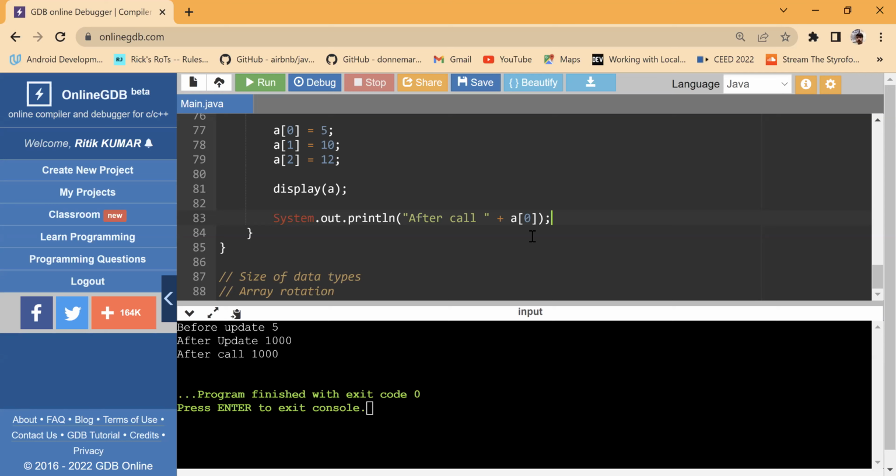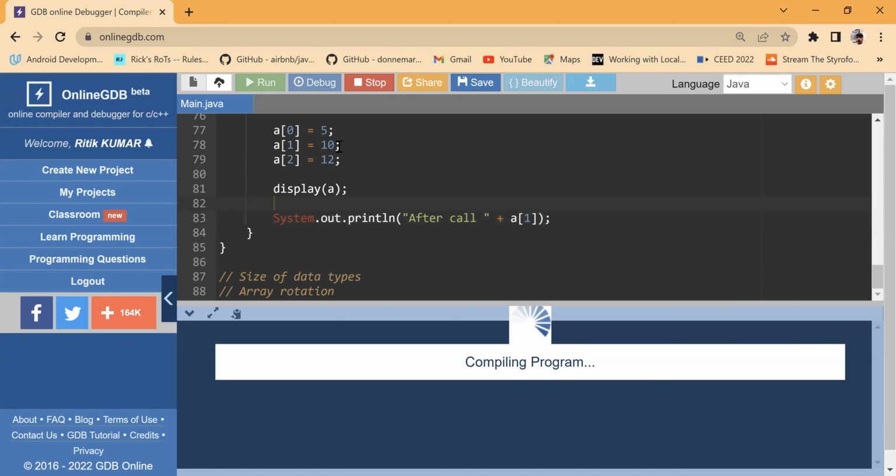Now here is no pointer. Yes, in Java there is no concept of pointer, but the concepts are same. Well, I'll explain how Java works without pointer in the main batch. For now, let's understand it does not create a copy of it. But if you print a of 1 will have the same value because we did not update a of